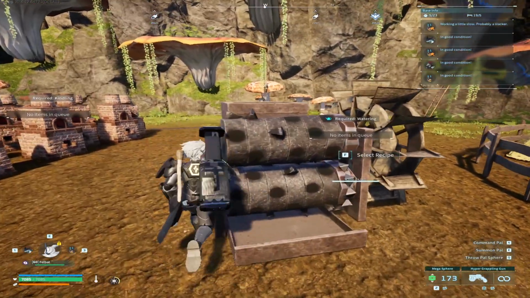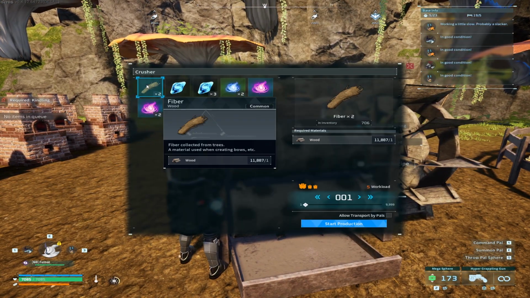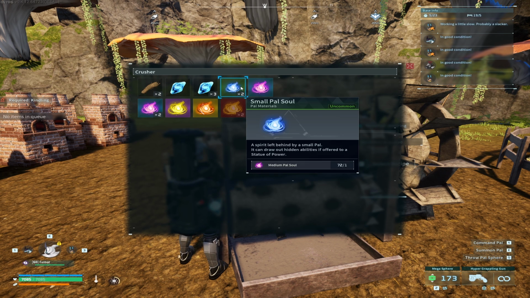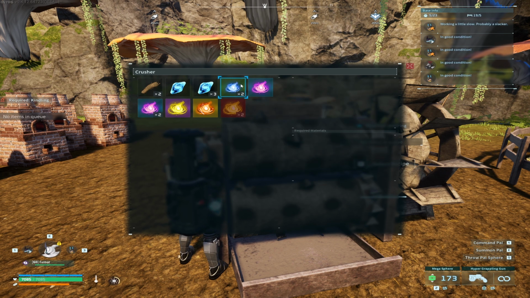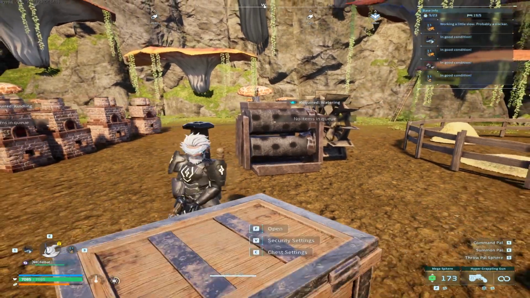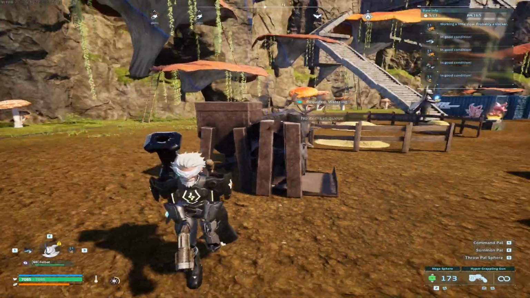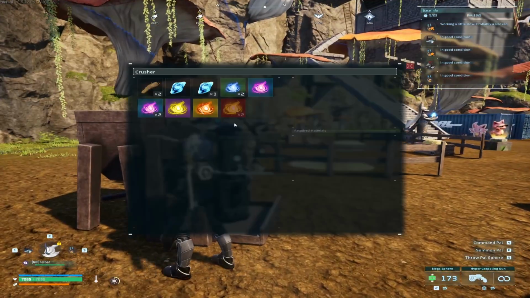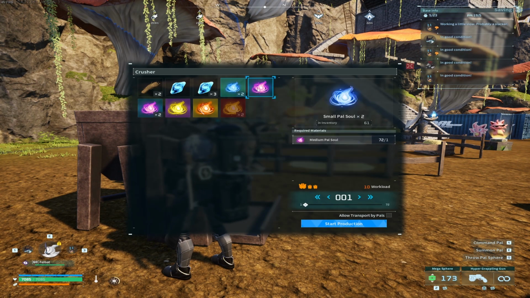You guys can skip this part if you already know how the crusher works, but I just wanted to explain it real quick since I've seen a bunch of other people inefficiently grinding souls and not even using it. The crusher was only used to make fiber and palladium fragments before, but now in one of the updates a few months ago they made it so you can exchange pal souls in here for the other ones,